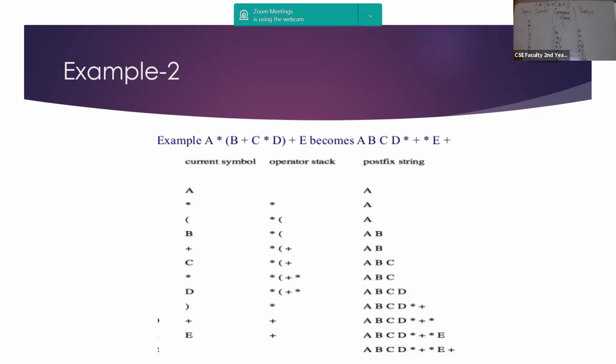And then there is a closing bracket I have given, so this will also be popped. So this is giving me a different answer because I have changed the equation. So this is the final answer. There is a plus E. If you put plus E, then you will get this one. Clear? Is it clear how to do it?